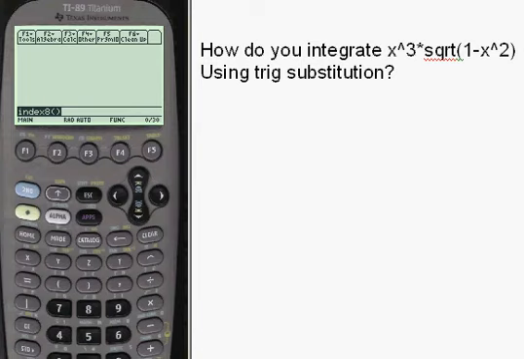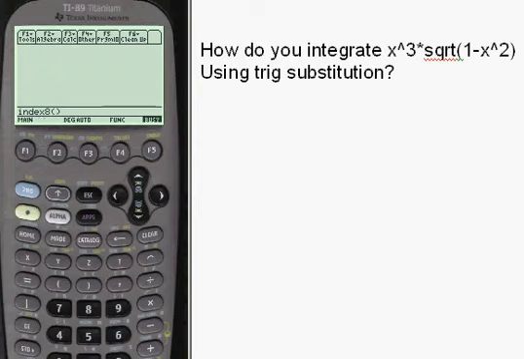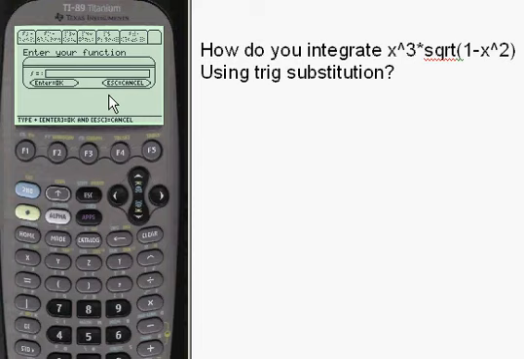Alright, but let's do it here. Index 8, I'm already at integration by parts, and I'm going to enter the function. I've already entered it here, so I'm not going to waste time putting this in, but you'd press alpha and then put x cubed times the square root, use the square root sign, which is second x here,